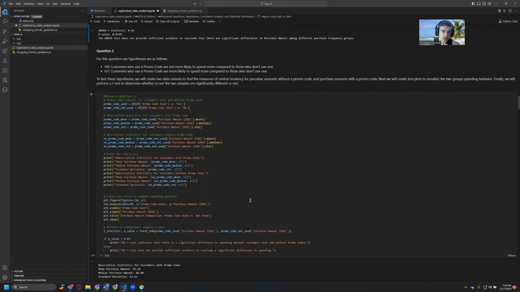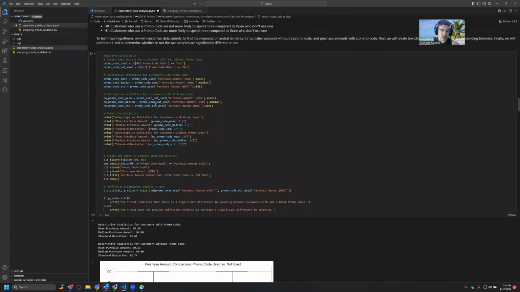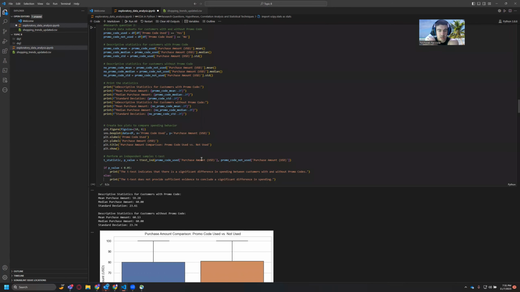So then to do this, we're going to plot it out in a box and whisker again, and then we can use a t-test since we're comparing means to determine whether or not these two samples are significantly different or not. So as a same kind of concept, we will grab the data that we need and then plot out the measures of central tendency,